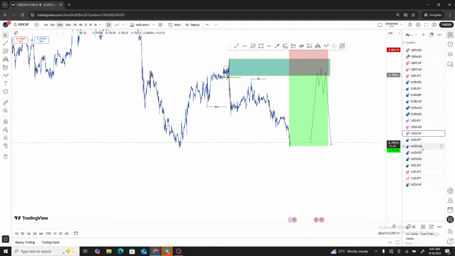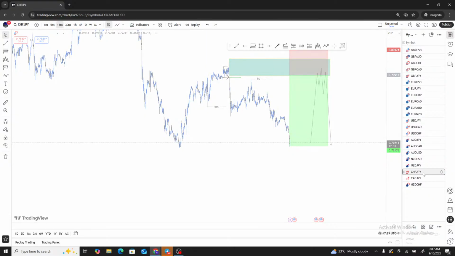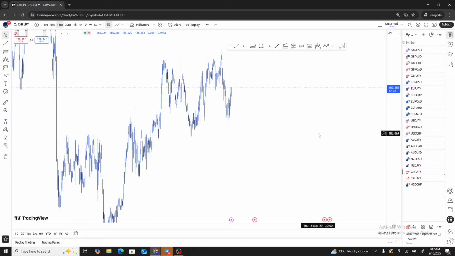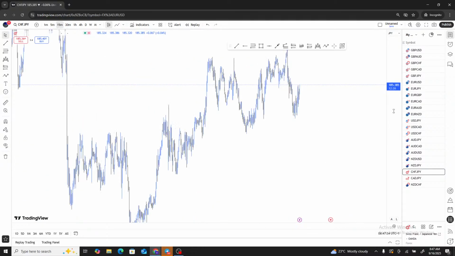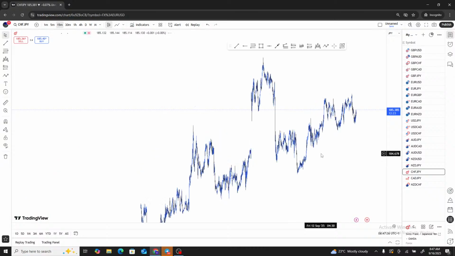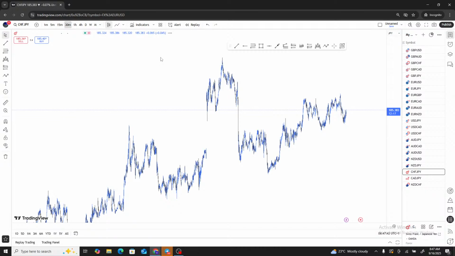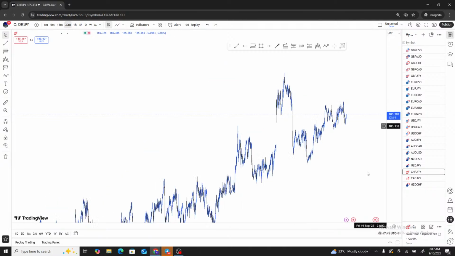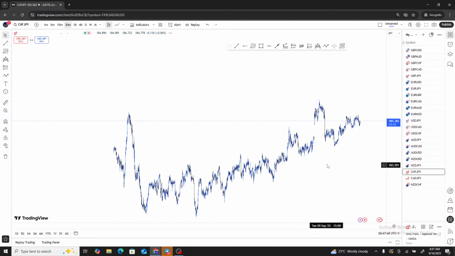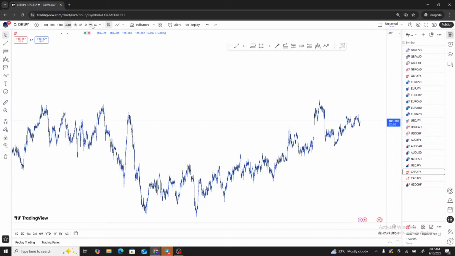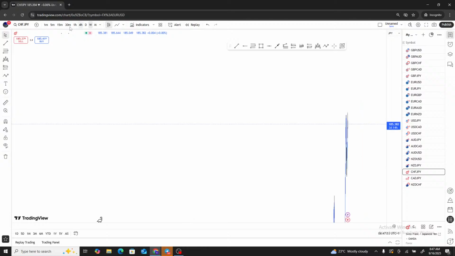Is there any other pair you want me to analyze? Let me analyze CHFJPY. Maybe I'll do it on a 30 minutes time frame so that you can see properly. So CHFJPY, look forward to trade it